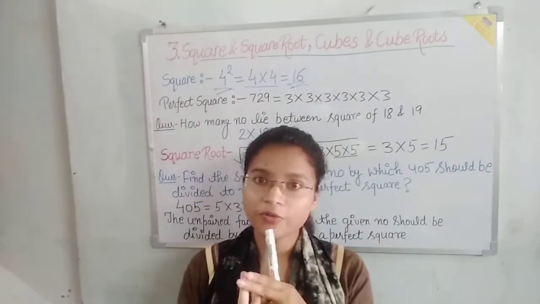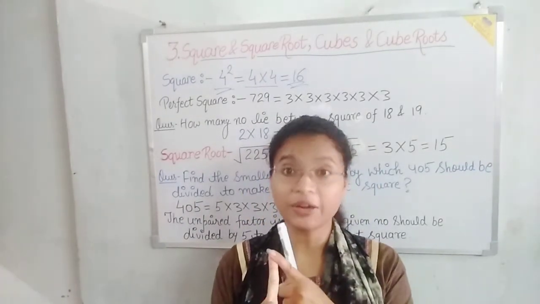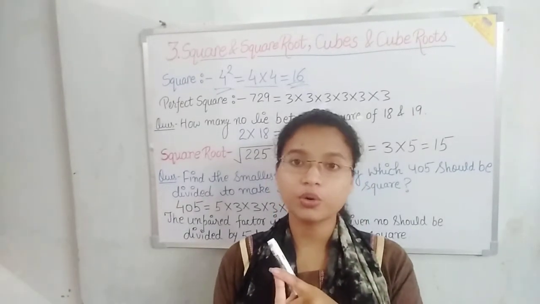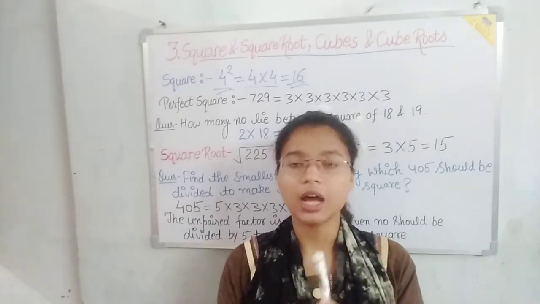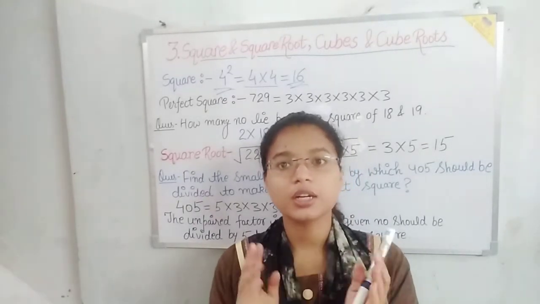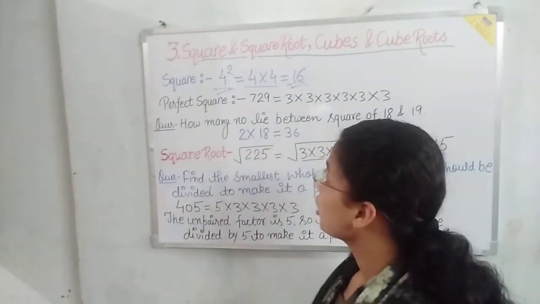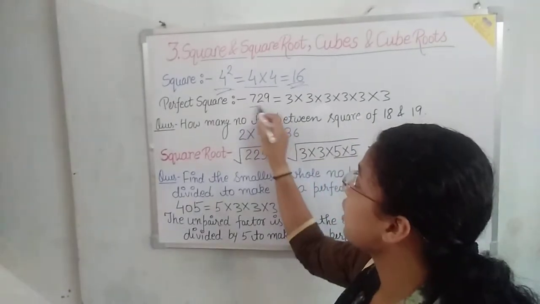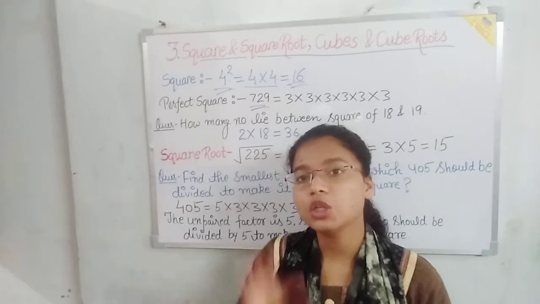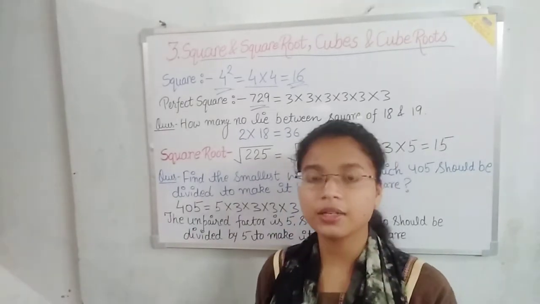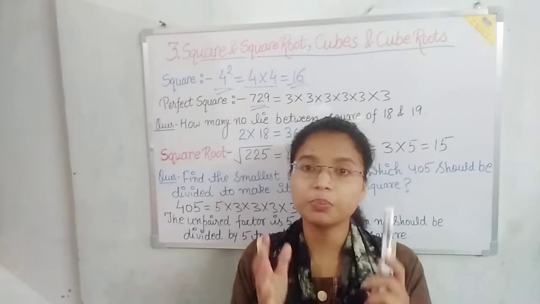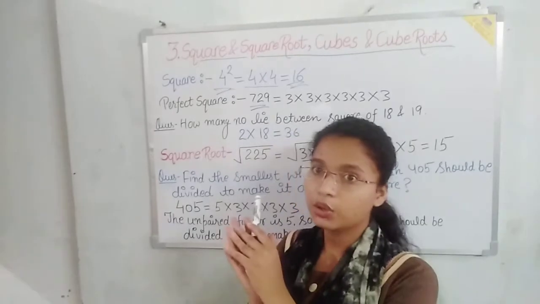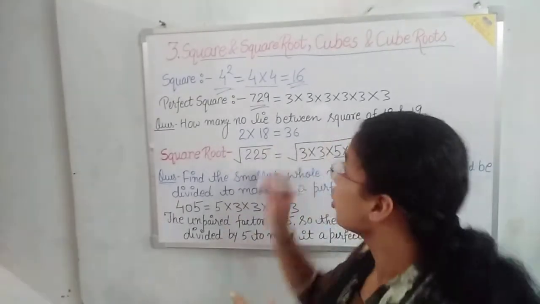There are two methods of finding a perfect square. First is the prime factorization method and the second one is the long division method. First we are going to discuss the prime factorization method. After that we will discuss the long division method. Suppose a question is, you have to find out whether 729 is a perfect square. First of all, do a prime factorization. You have already studied in your earlier classes how to do it. When you solve 729 by the prime factorization method, you will get this.